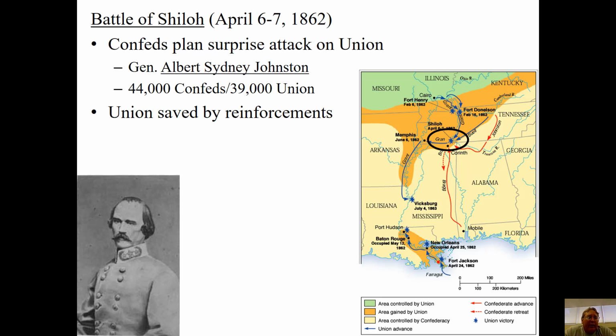Now, at the time, the Union forces didn't have any idea that Johnston and his army were even close to them, right? They thought that they were 20, 30, 40 miles away, and that they'd know long before the Confederates got there that they were on their way. So honestly, the Union troops weren't paying a whole lot of attention here. And Johnston, to his credit, actually marches his troops quite a long ways, almost 60 miles in 2 days, right? So his men are marching day and night to get there and surprise the Union troops, and they actually do on the morning of April 6th.